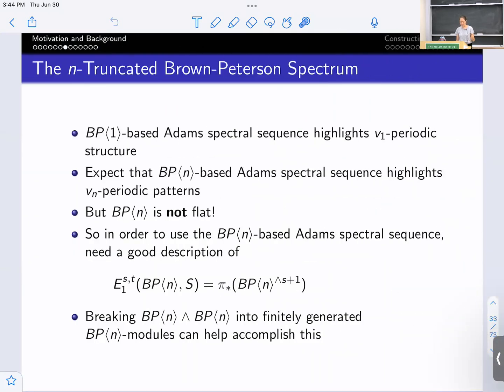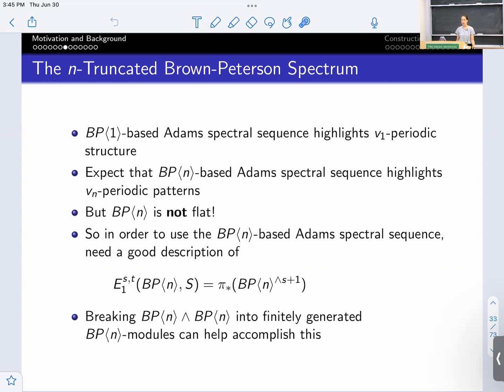Breaking BPn smash BPn into sums of finitely generated BPn-modules can help to accomplish this. And that's the strategy that was used in order to actually work with a BO-based or BP1-based Adams spectral sequence. So before I talk about how we break these smash products into finitely generated sums,